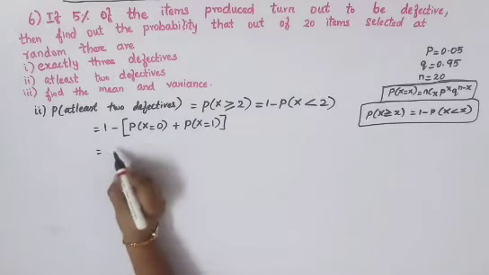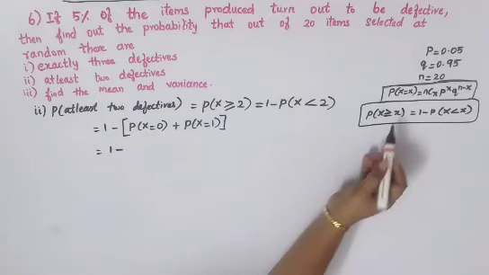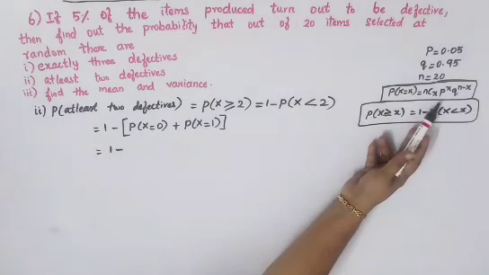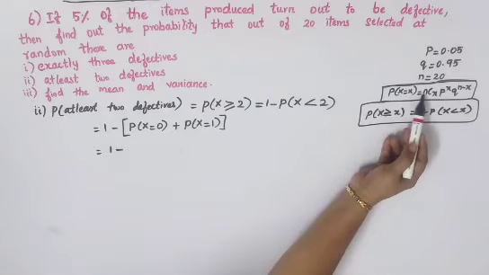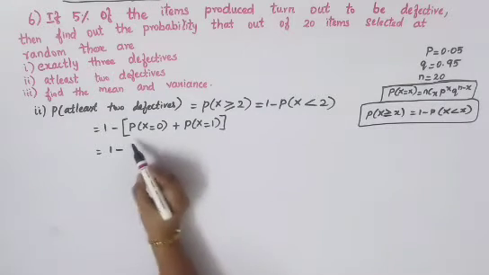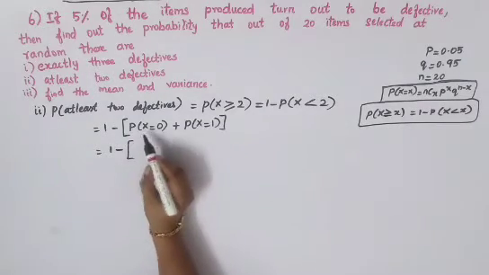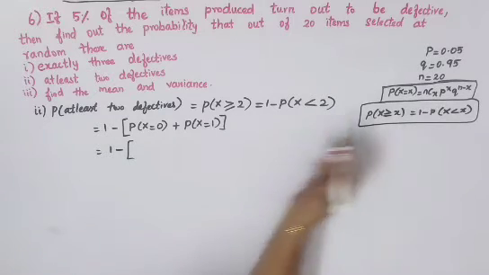So which is equal to 1 minus, now you'll have to substitute in your binomial distribution. I've just written all the values here. So your distribution is here. Okay, so in the place of n we'll have to write 20. So open your bracket. So 20C x is here 0.